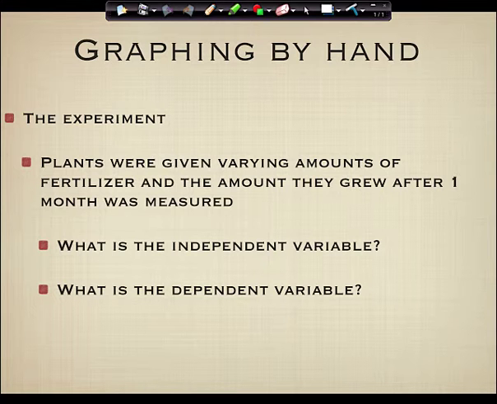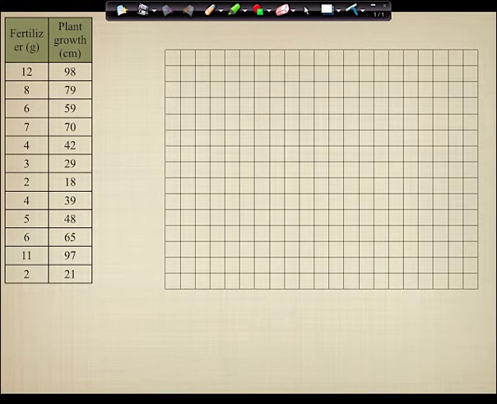And I'll try to cue you into the things you want to write down. So it goes like this. You ready? Here's some data. The data is over here on the left, and the data gives us masses of fertilizer in grams, plant growth in centimeters, and we did about a dozen different plants. Then on the right, obviously, we've got our graph paper, right? So this is what your homework's going to look like. I'm going to give you data and you're going to have to graph it.